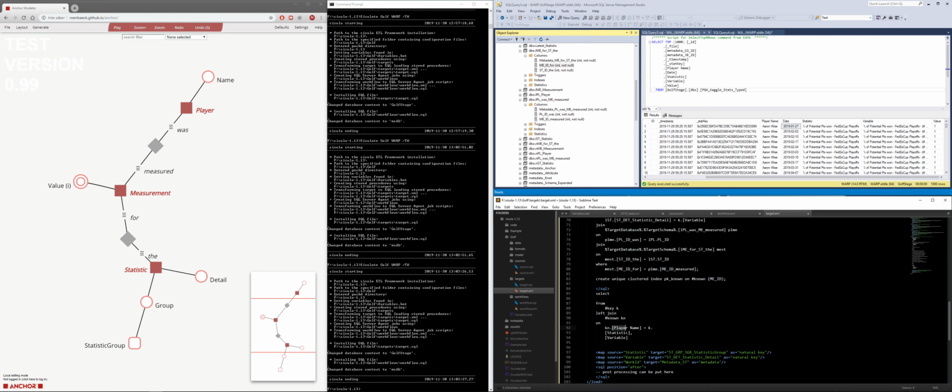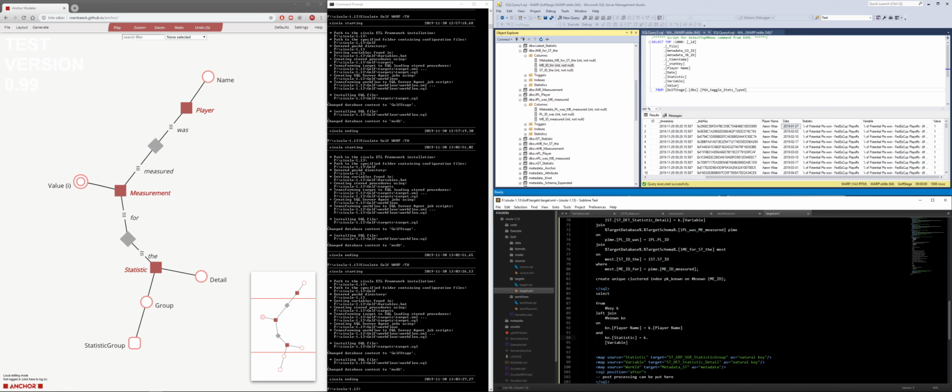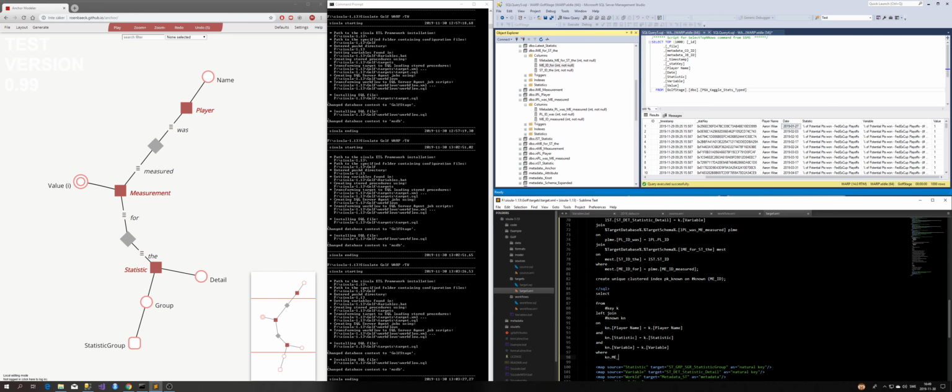So the player names should be the same, and of course these should also be the same. Statistic equals K. And finally the variable should also be equal to K dot, like this. So, and this is of course where the known, we can grab whatever we want here, MEID is